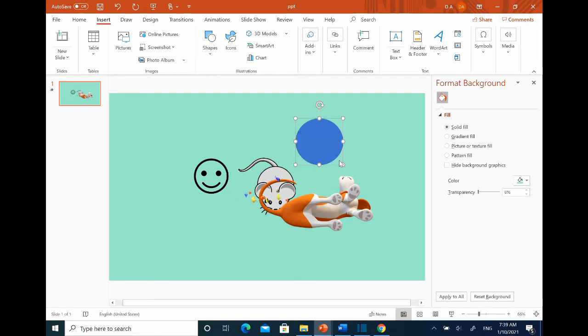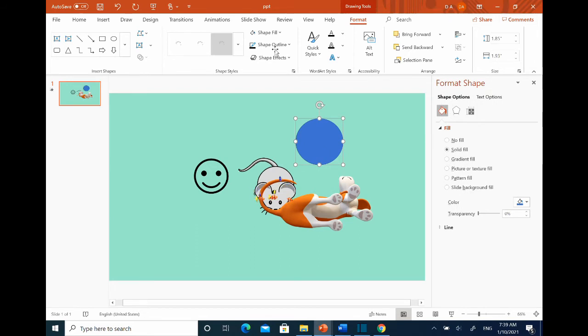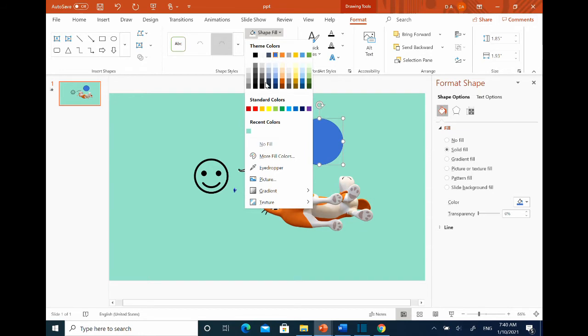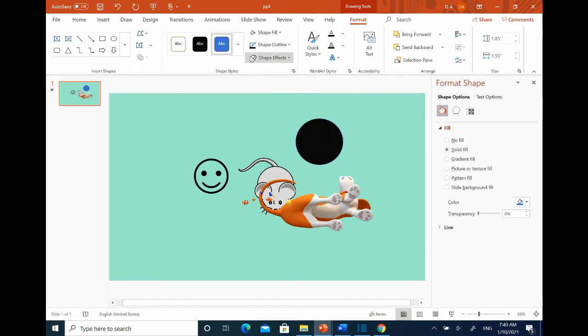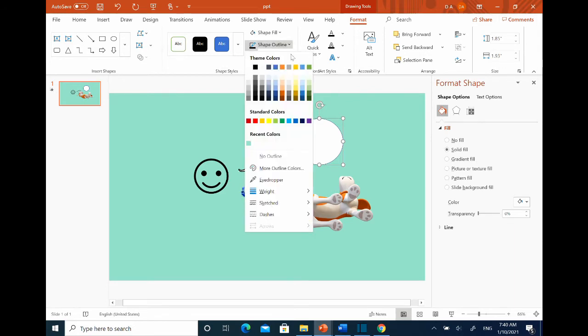And if I want to change the color of the shape that I just added, all I have to do is click on this shape fill. And just like we did with the background, we can select the color that we want. I'm just going to go with white. And then we can also change the outline of this shape. Right now I have it set to black. If I wanted to change the color, I could just click here on the shape outline and choose the color